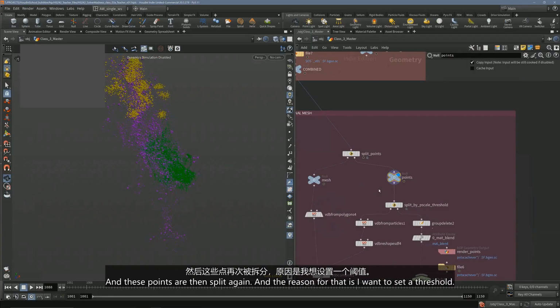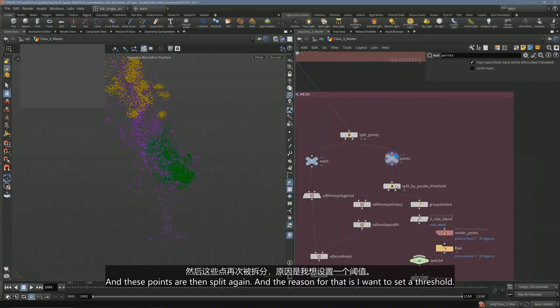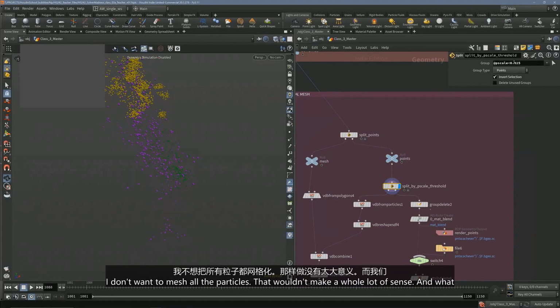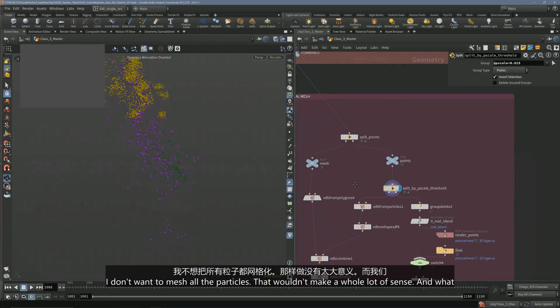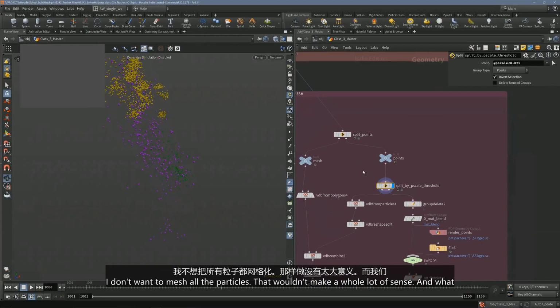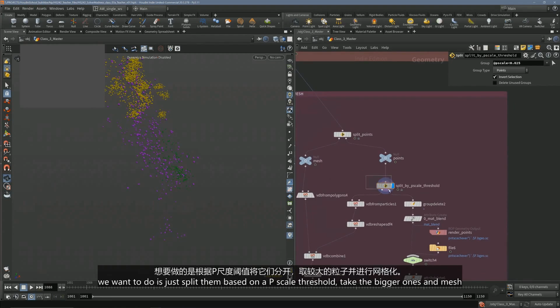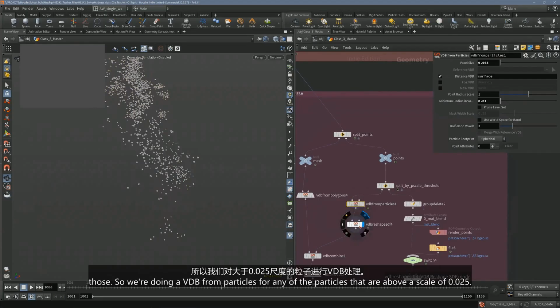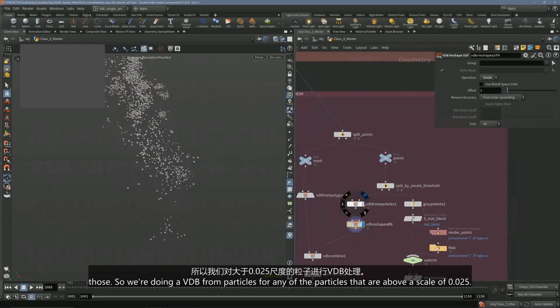And these points are then split again. The reason for that is I want to set a threshold. I don't want to mesh all the particles. That wouldn't make a whole lot of sense. What we want to do is split them based on a p-scale threshold, take the bigger ones and mesh those. So we're doing a VDB from particles for any of the particles that are above a scale of